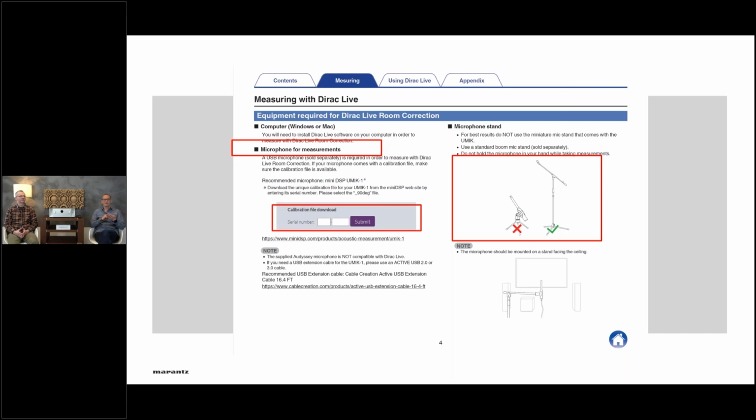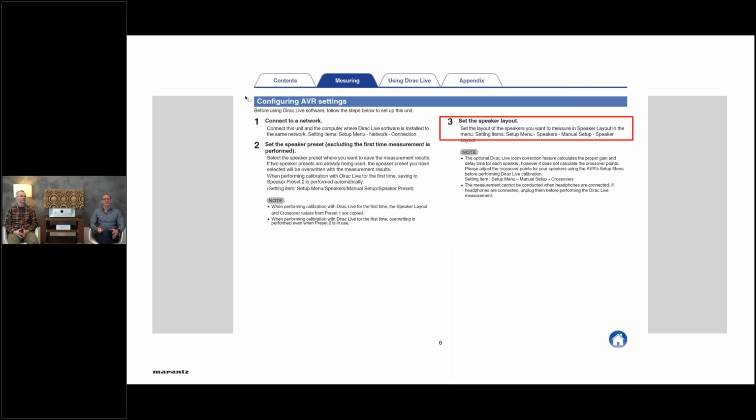You go to the website of Mini DSP and enter the number, you can download the file. This file we need to load into the application of Dirac Live. That's what Roland is going to show you in a minute. Then, before you start any calibration with Dirac, you have to set your speakers layout in the AV receiver, because